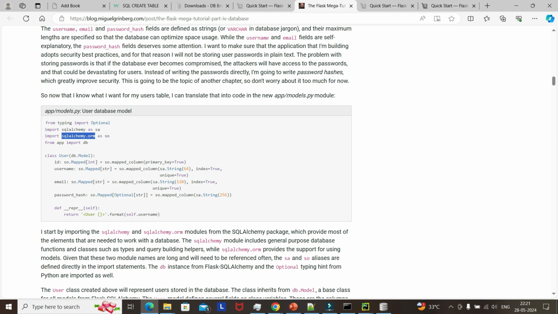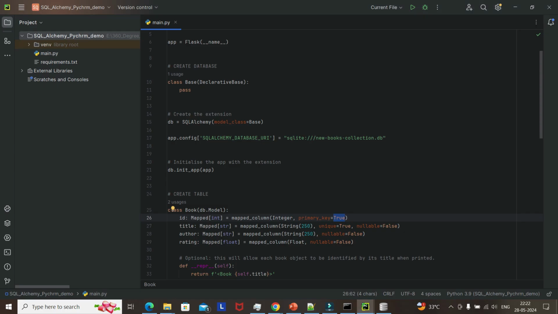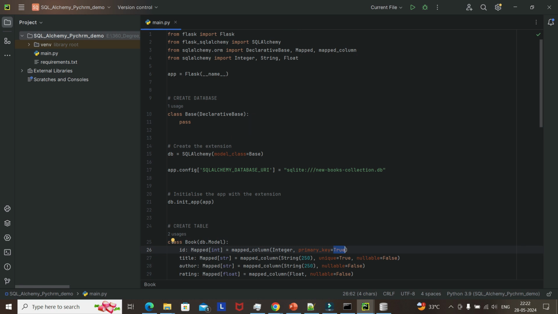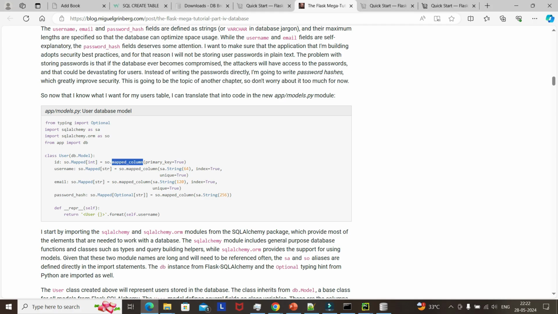So here it is, they have imported SQLAlchemy as SA, and that's why they are using SA.Mapped and SA.mapped_column, but we have imported from SQLAlchemy all the required Mapped, mapped_column, and this class, I meant to say, this declarative base class subclass. So that's why we are directly using it. If I just go to this documentation, they are just using whatever is required. So primary key. So now,